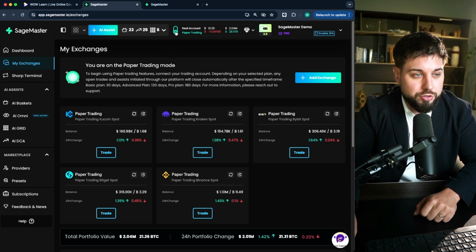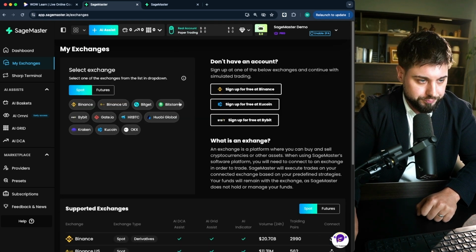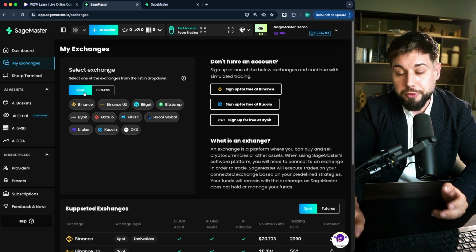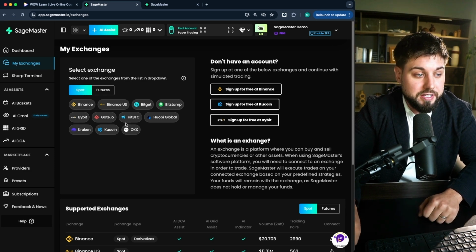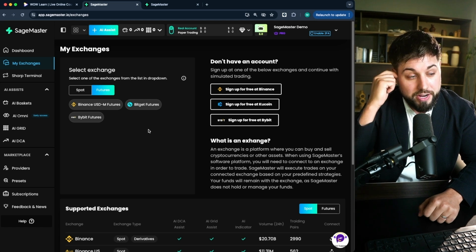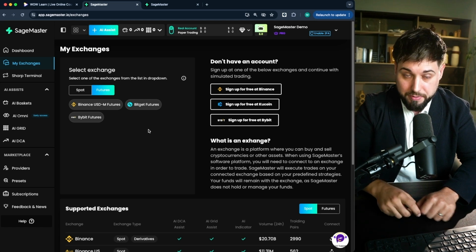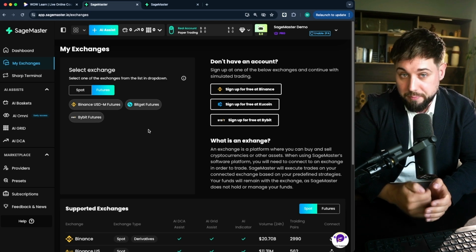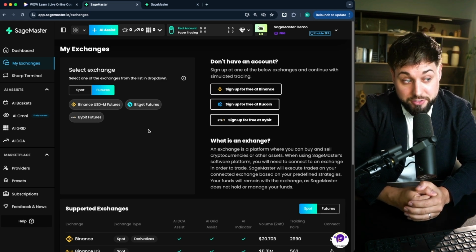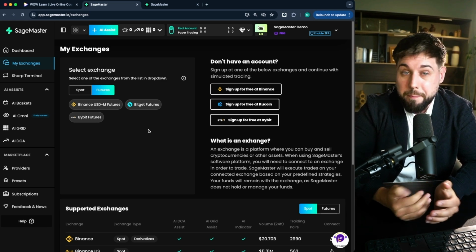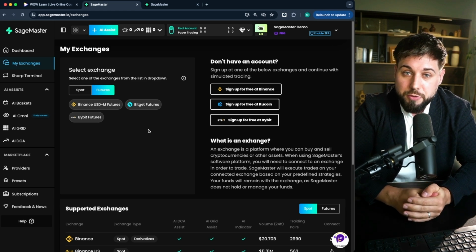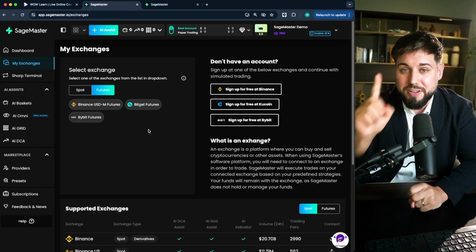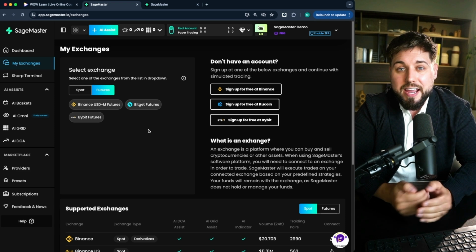If you flip the switch over again to real account, you can connect either spot or futures account. Binance, BitGet, OKX, etc. for spot. For futures, we right now allow Binance, BitGet, and Bybit, but there's more exchanges to come, as well as some decentralized exchanges as well. Again, there's a massive development team behind SageMaster with the one vision of enabling AI tools